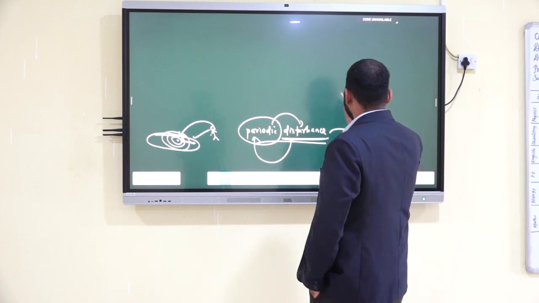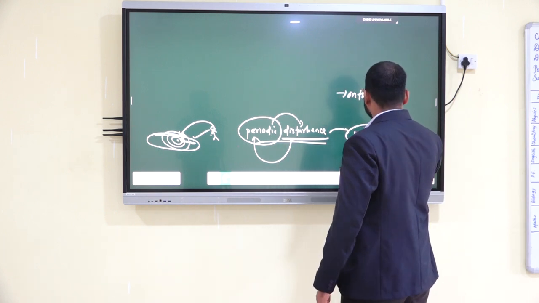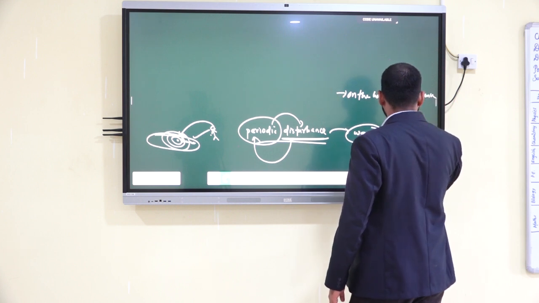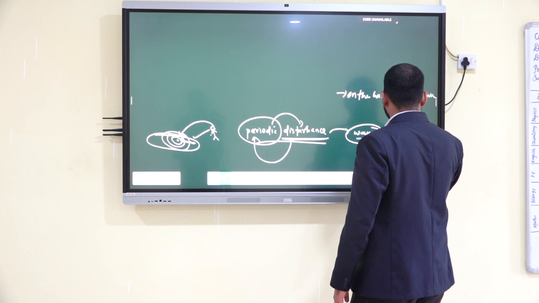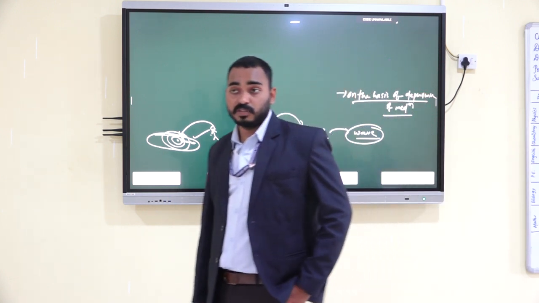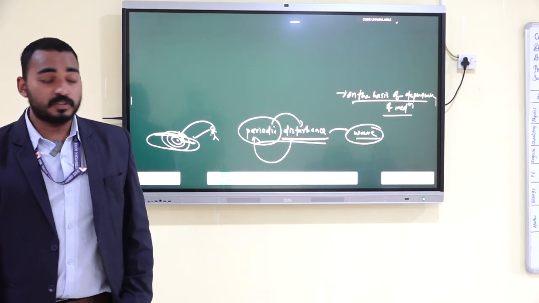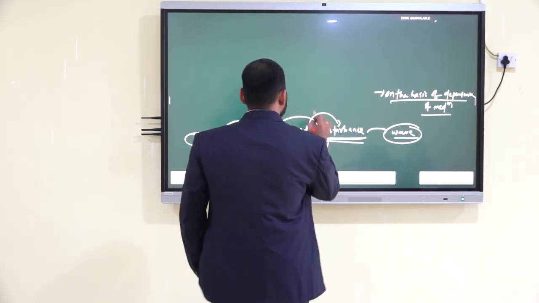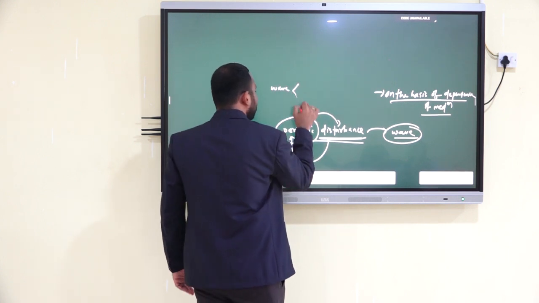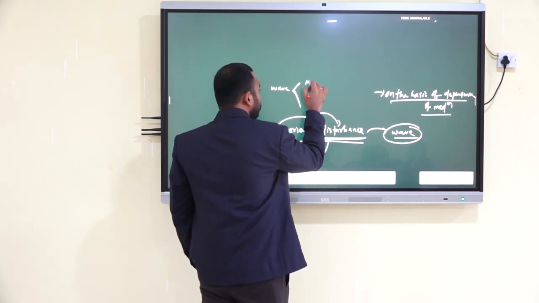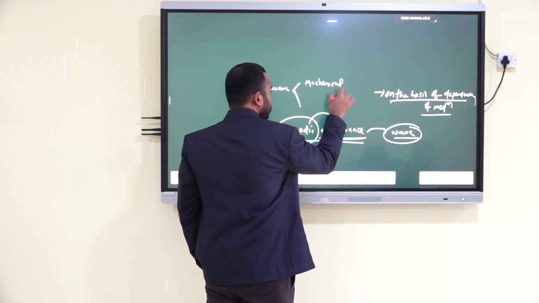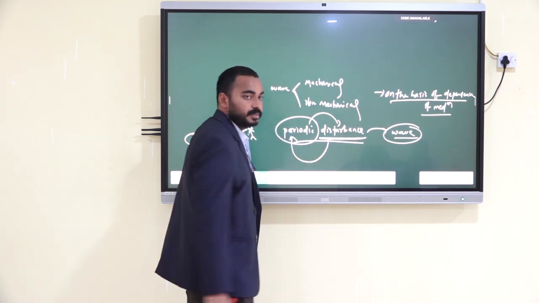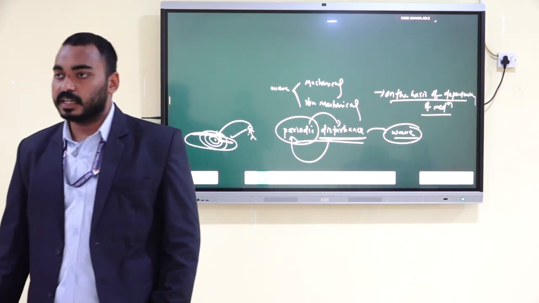So first, if we talk about the basis of dependence of medium, let's suppose we want to classify the waves on the basis of dependence of medium. I am directly talking about the types. So first, there are two types of wave. The first one is mechanical wave, and the other one is non-mechanical wave. Now what is the difference between mechanical and non-mechanical?